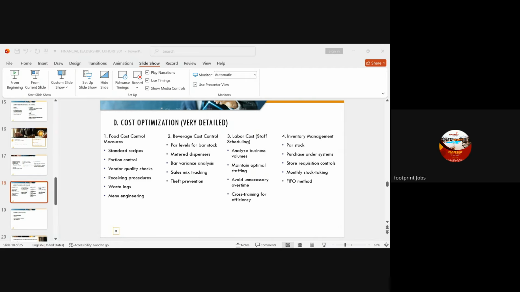Then sales mix tracking. Now, sales mix tracking for cost control, like I tried to explain before, is when you're able to have a track record of everything that is selling in your bar. The ones that are selling more, the ones that are not selling more. Then you see what you can also do. You know which drinks you have to spend more money in buying, and which one you have to reduce your